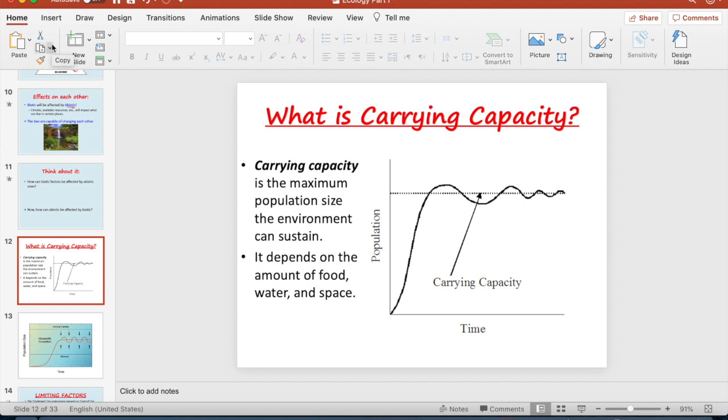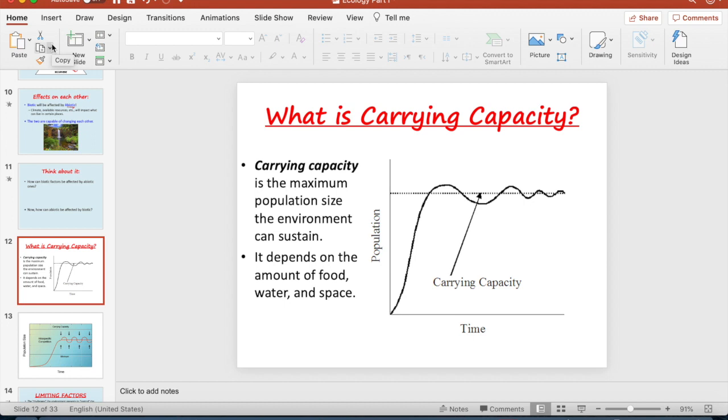We're going to talk today about carrying capacity and how it wraps up some of the stuff that we have been discussing in ecology. Carrying capacity is the maximum population size. Now remember, population is the number of individuals. So how many zebra are in one area? How much grass is in one area? We're talking about an individual species in the population.